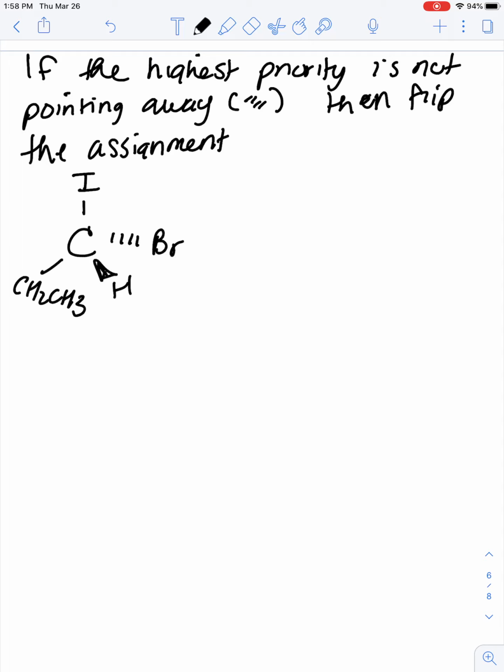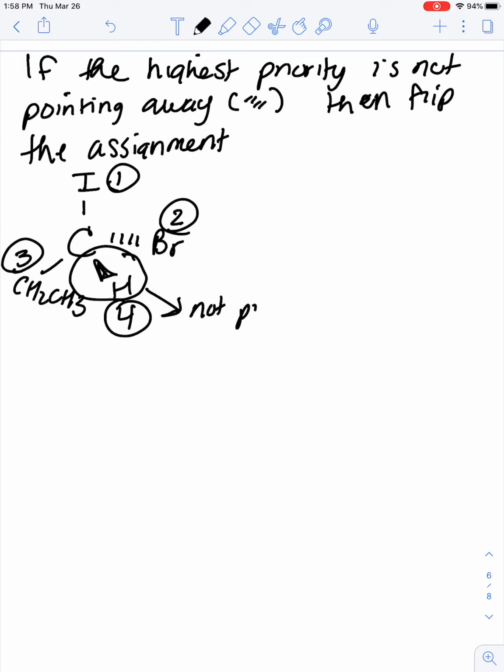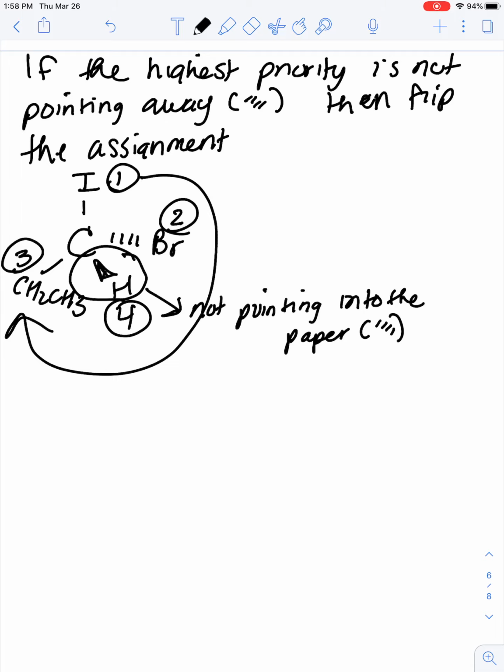So first thing you want to do is just number them as we did on the first example. So number 1, then we have 2, then we have 3, then we have 4. But we will notice that the lowest priority, so hydrogen, is not pointing into the paper. So it's not a dash. So when we look at this, we have 1, 2, 3, so we're going clockwise, so that would give us